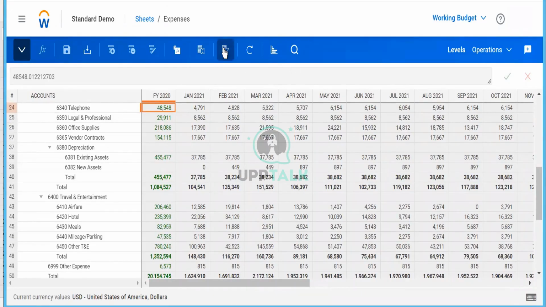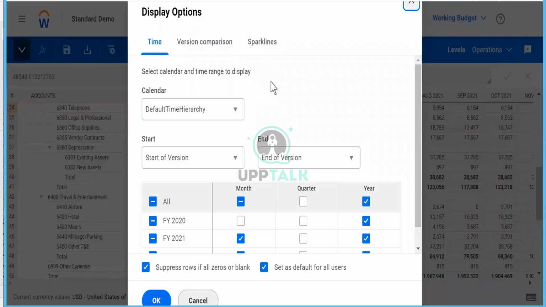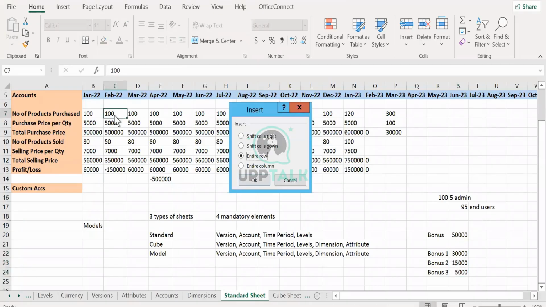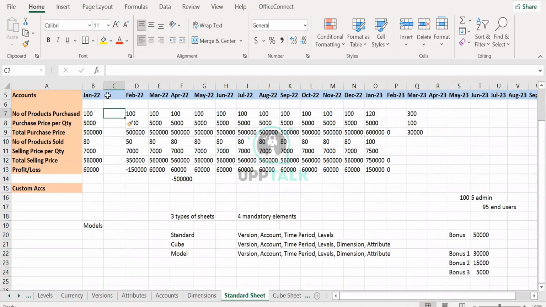There is an additional feature. I was talking about version comparison and sparklines. It's basically in an Excel file. Is my screen visible? Yes, in an Excel file. Suppose you want to compare this with, let's say, January 21. I want this 21.